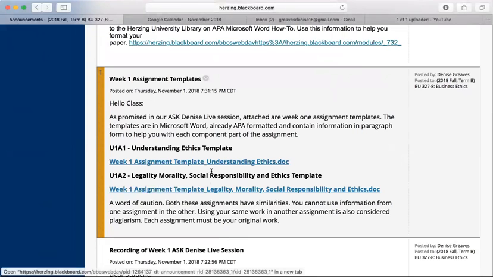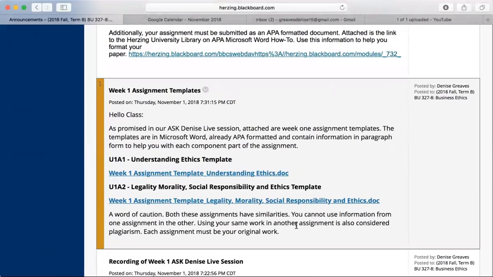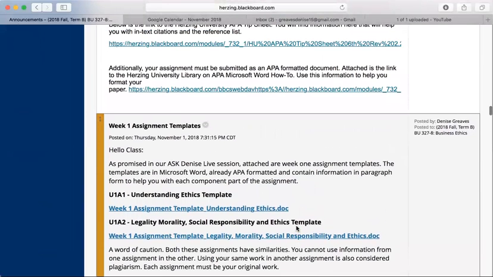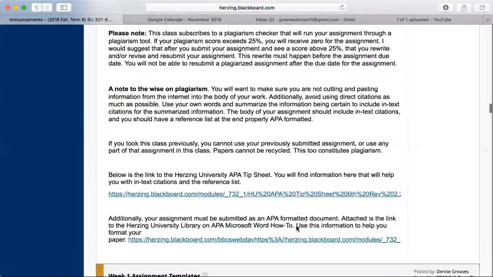So I went ahead and I posted 2 templates for you. Now, I would have said when I posted those templates that if you had already completed the assignment and you needed to make adjustments based on the templates, you can. Some of you did that and you did exceptionally well. Again, congratulations on being flexible, and you are going to be successful in the class. That's a part of the learning process. So I wish you the best there.